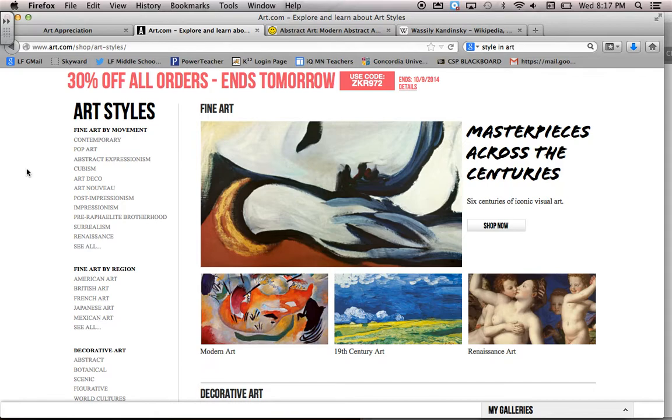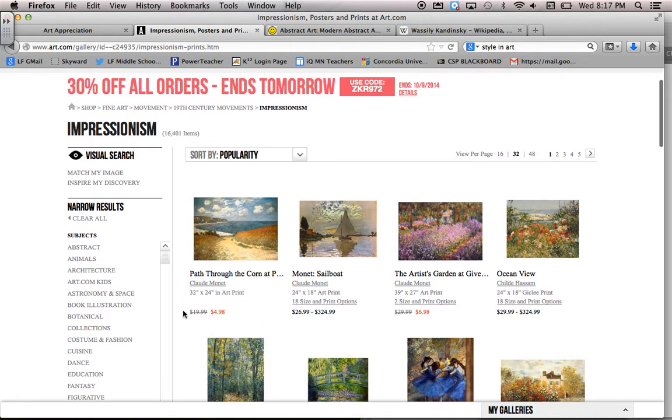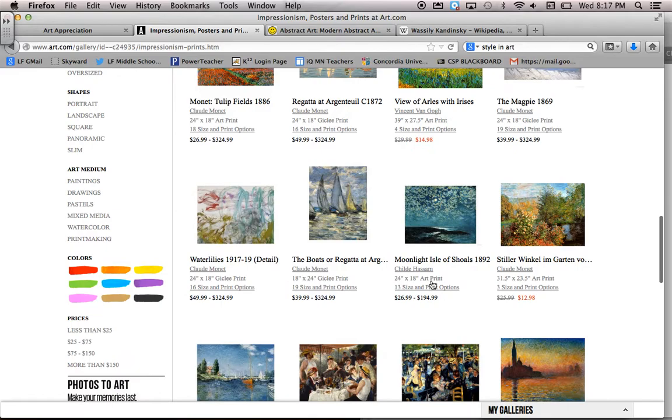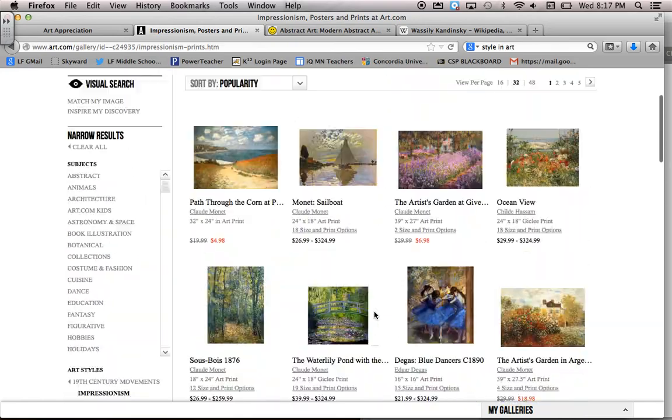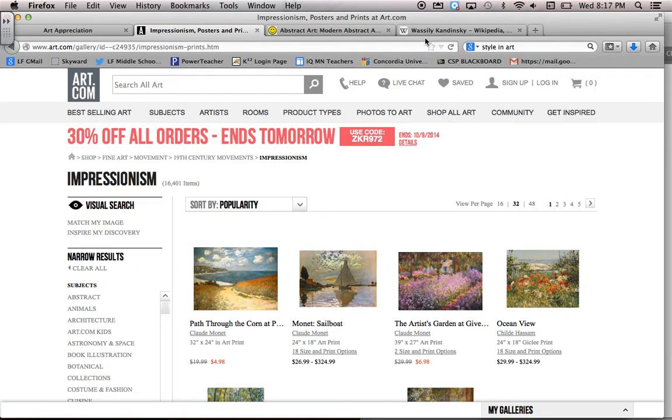Anyways, if you take a look at some different art styles, we can look at Impressionism because you will be doing a writing paper on the Impressionist style. This art website just gives you some different artworks that are Impressionist, and it also gives you artists as well. So it's a good place to start just to look at different artworks. Then the Impressionist style itself, if we take a look at the definition of what that is,